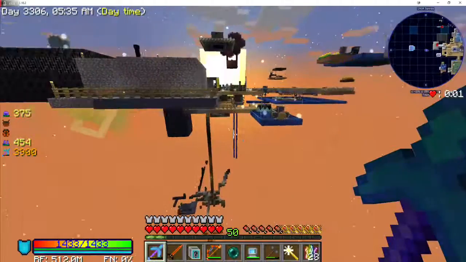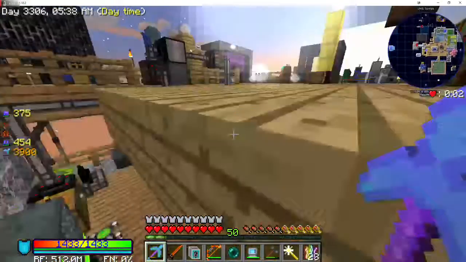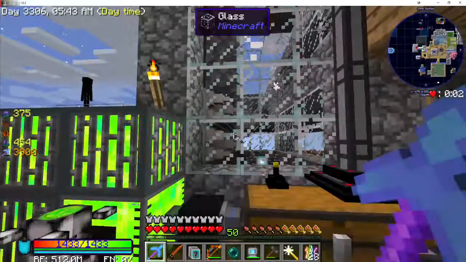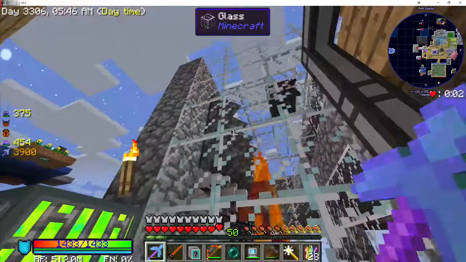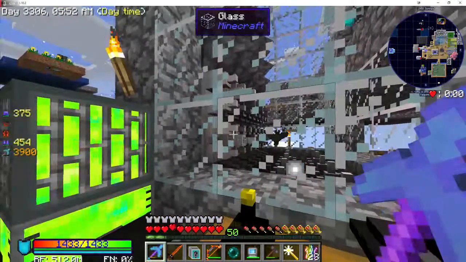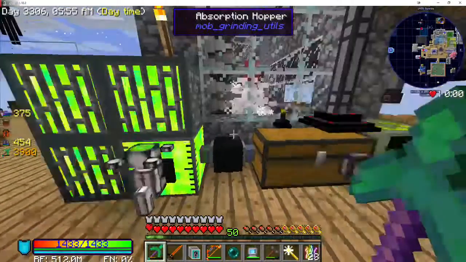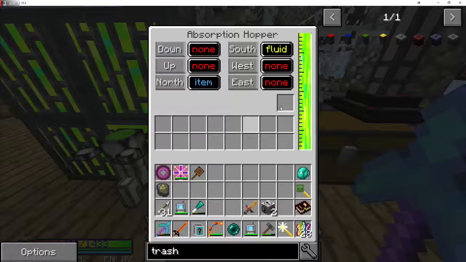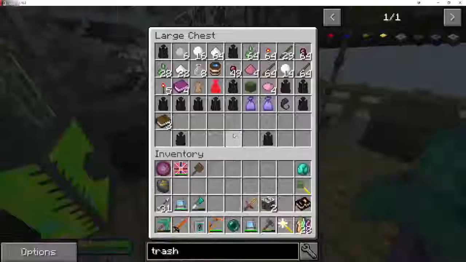Now let me show you something else here that I set up with this spawner. So you can see we had the original stone spikes in there, but once we started getting more materials, I threw in some iron spikes, and that's because you can use this guy here, this Absorption Hopper, and you see I can tell it to put the fluid out to the south and then items out to the north. So items come into here,